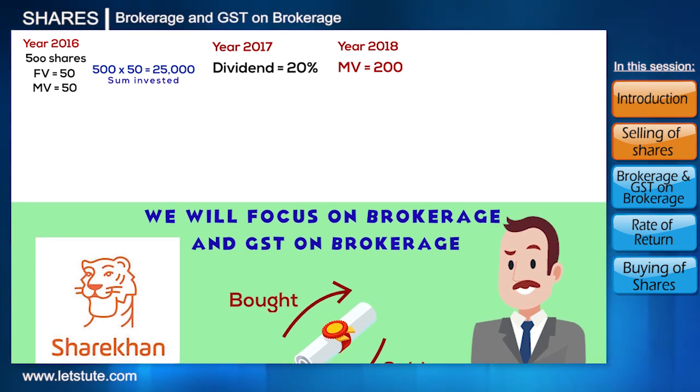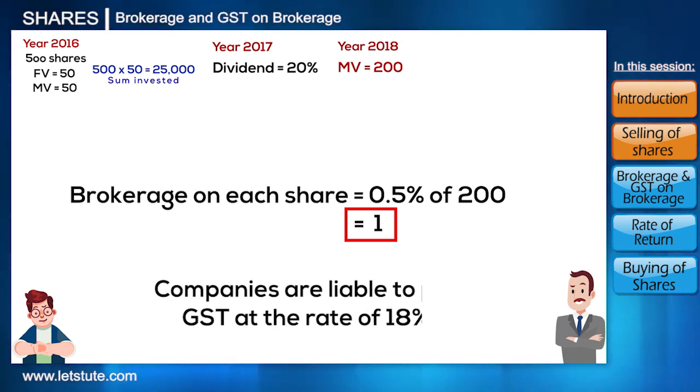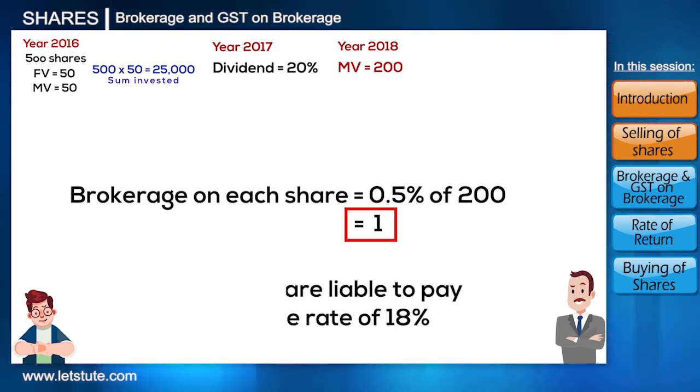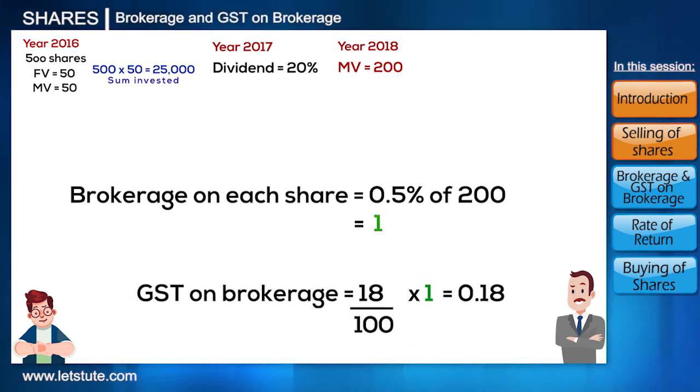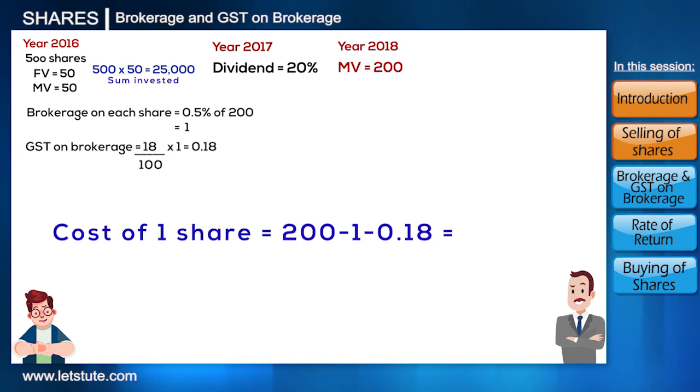Brokerage on each share is going to be 0.5% of 200, which comes to 1. On this brokerage amount, companies are liable to pay GST at a rate of 18%. So the GST on brokerage will be 18% of 1, which comes to 0.18. So the cost of a single share will be equal to 200 minus 1, that is the brokerage, minus 0.18, that is the GST on the brokerage, which comes to